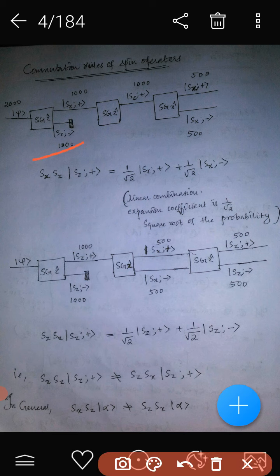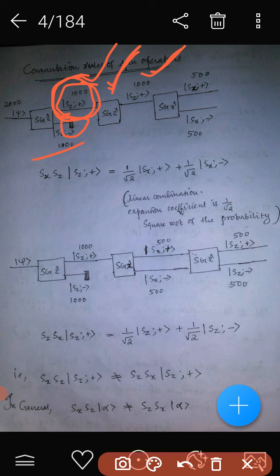Then the next measurement. So this is a pure ensemble. It's an example of a pure ensemble, Sz. Then we are measuring the Z component of the spin. So this is the initial state, the pure ensemble, and first we are measuring the Z component of the spin. Then we already blocked the Z minus, so we will get the Sz plus state, with 1000 particles here, and here also 1000 particles.